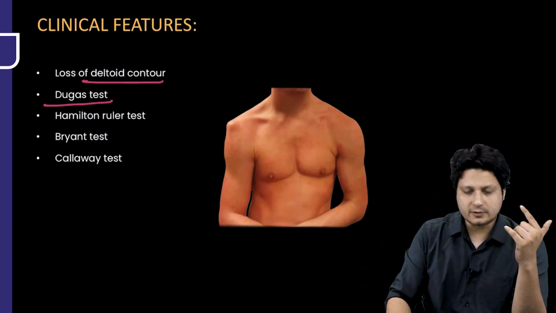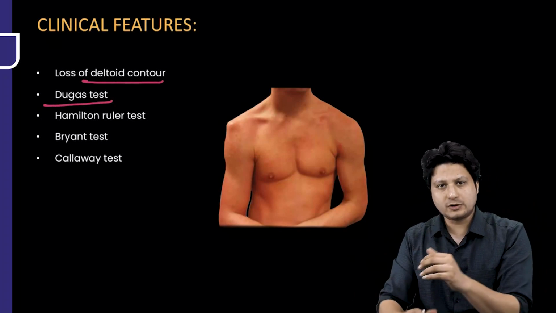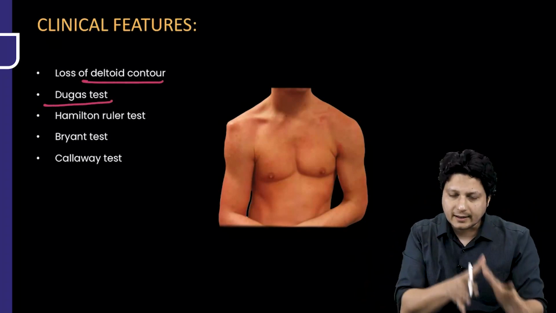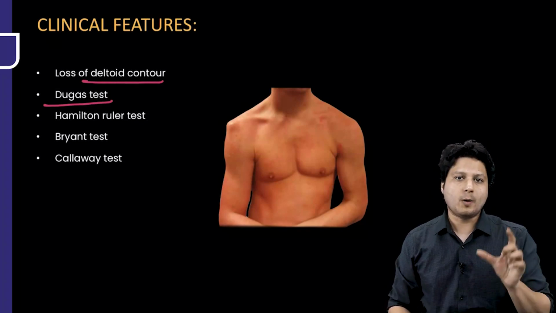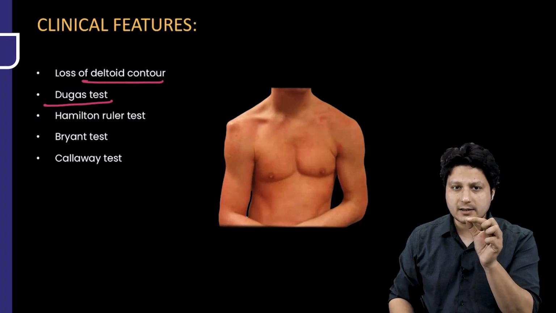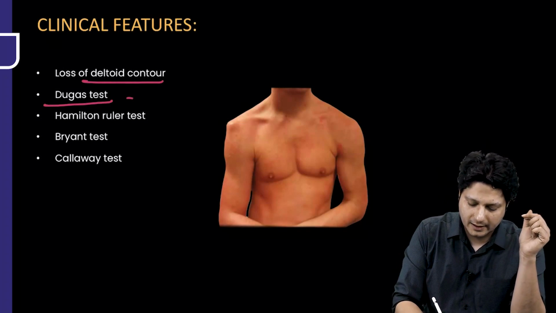Then Dugas test. These are key clinical tests which you can perform in order to identify whether the patient is suffering from anterior dislocation of the shoulder or not. One is Dugas test. What is Dugas test? It is inability to touch